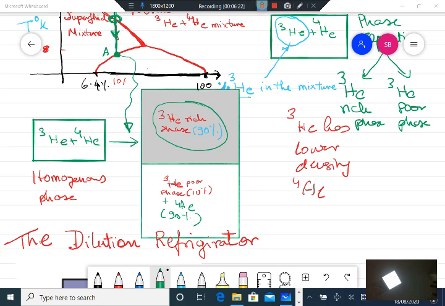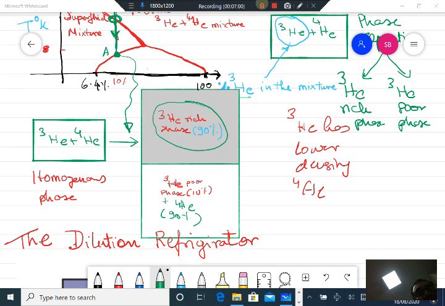You can think of it almost like an oil to water separation, where at some point you had an oil water mixture which was homogeneous, but below a certain point the oil separates from the water, oil floats on top, and the water or the other liquid is present at the bottom. So the oil is the helium-3 rich phase, and at the bottom there is another liquid which has a mixture of the oil and the other liquid, not necessarily water, but some other liquid. That is the analogy of what happens here.